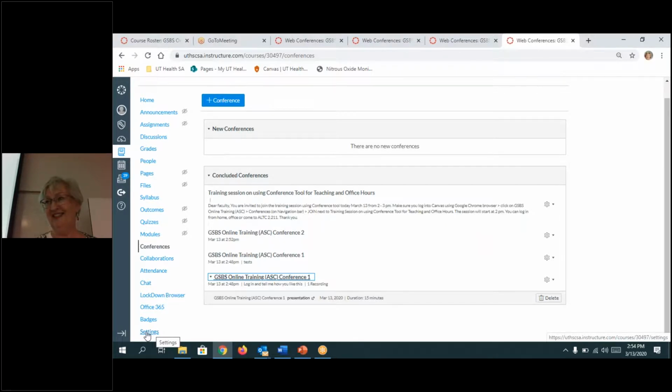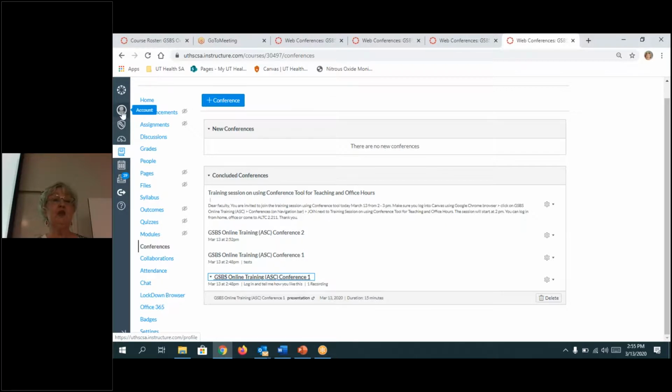Two scenarios. If the student has allowed access to notifications, and I'll show you where that's at, then they will get a message that pops up on their screen that says, you have a notification in Canvas. If they've not allowed those notifications, then you're going to have to send out an email through however else you're going to contact them.